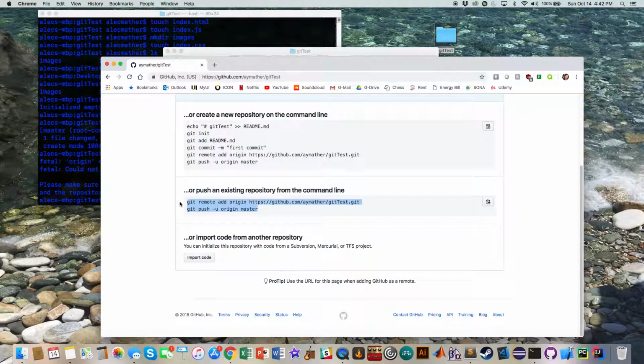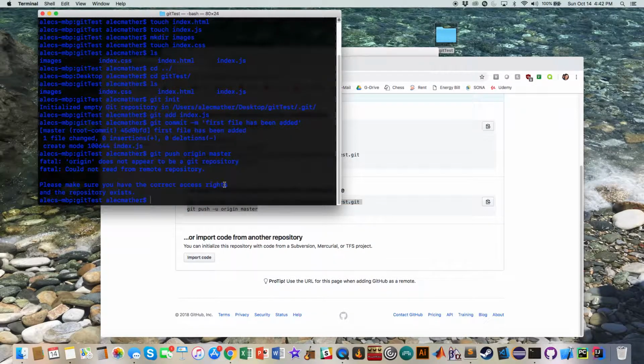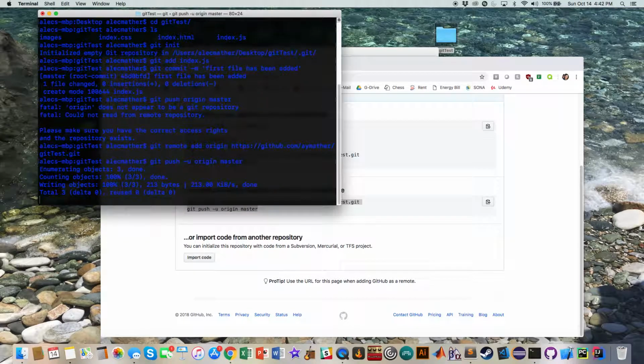This is just going to add the origin of this folder to your actual GitHub account. And then it's going to push whatever has been committed to that account. So we'll just copy that, paste that in, and then